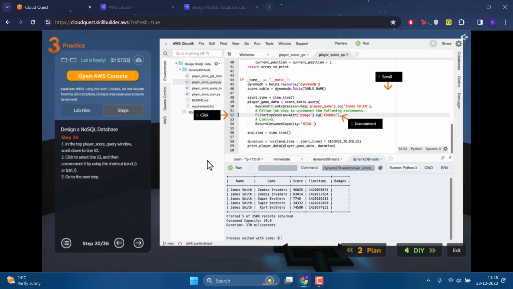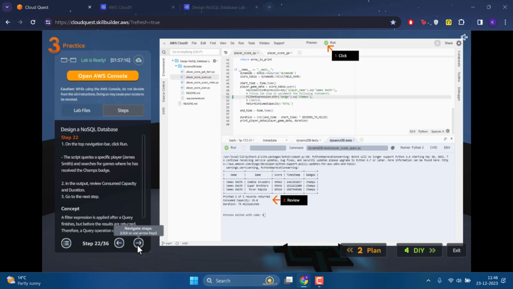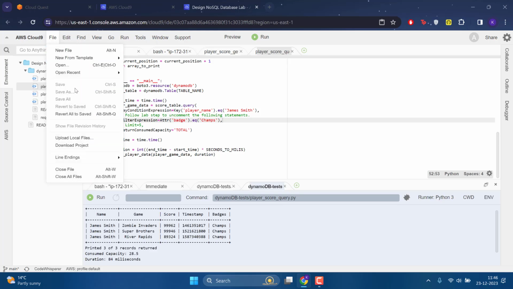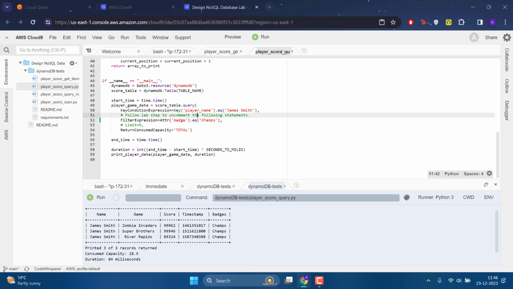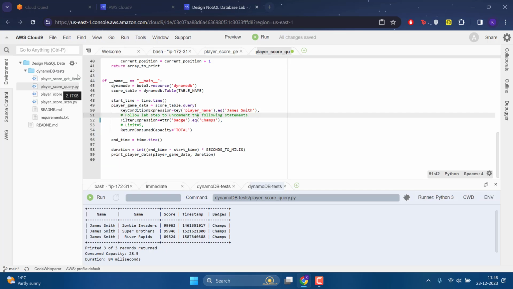Okay. So this is the first query. Don't worry about it. After that, did they get only 3 records, or maybe they got more than that, or did they run it? I don't think they ran it yet. So what they are telling us is go to file, then save. Okay, then run it. Oh, they got the 3 records, which we got too, but we didn't save it. So let's go and save it. Oh, it's already saved. Maybe if we run it, it will automatically get saved, I guess. Oh, maybe not. Save it, which we did.